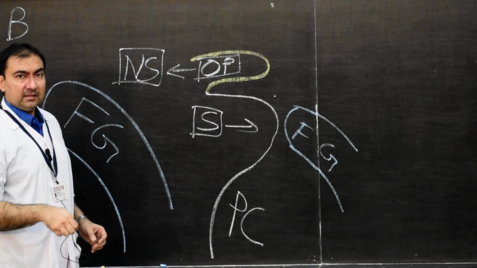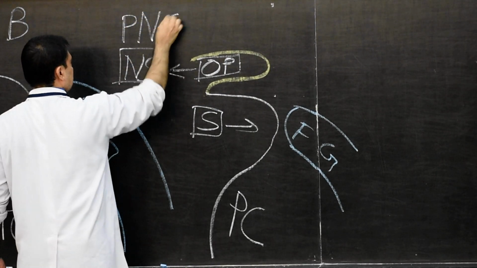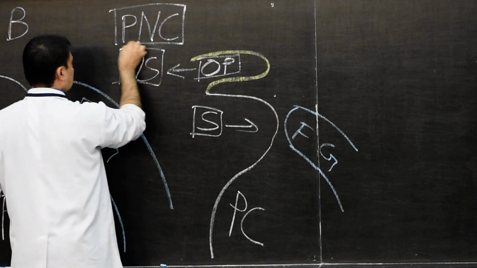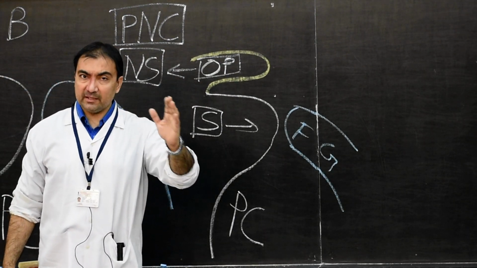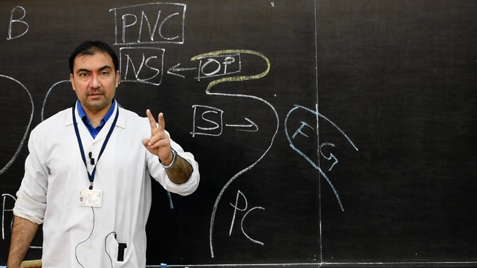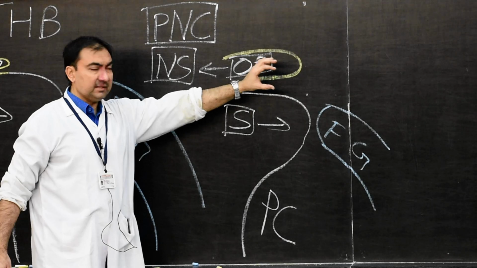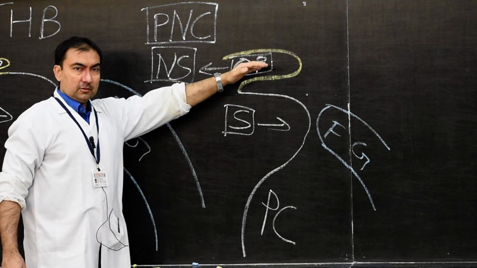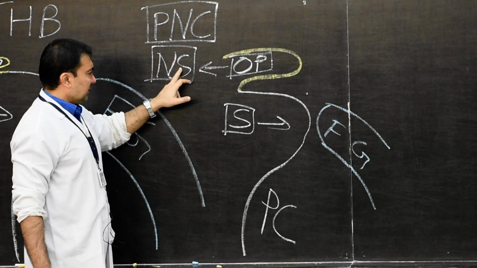Now the nasal sac is also known as primitive nasal cavity. So please note down this another point. Either it is called nasal sac or primitive nasal cavity. This is the second point. So first was olfactory pit, second is the same olfactory pit as it is developing dorsally. It is converted into primitive nasal cavity or nasal sac.